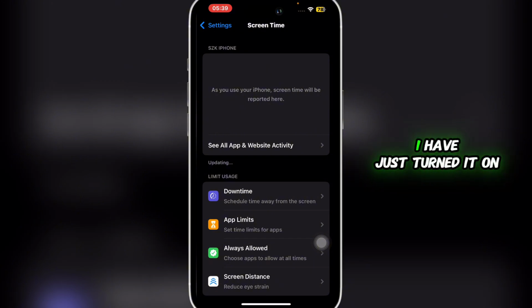Now you can see that I have just turned it on. That's why I don't really have any app time over here. However, right now I've turned it on, and after a day or two, whenever I open my Screen Time, that will be displayed over here. So you need to turn on the app usage before checking out how much time you have spent on